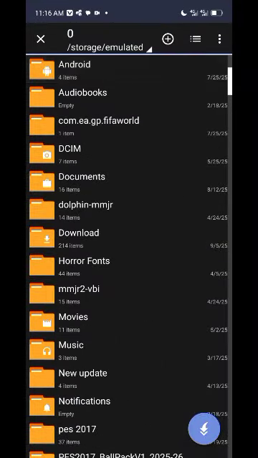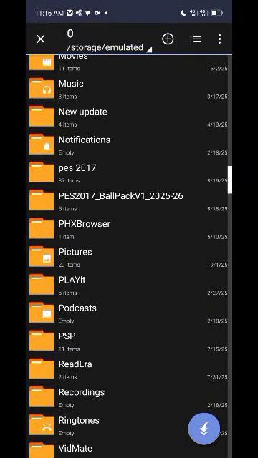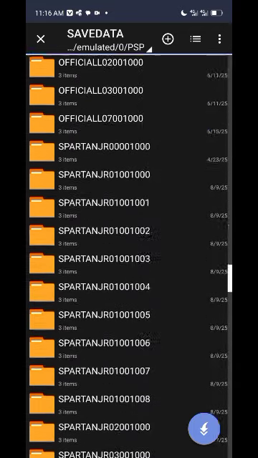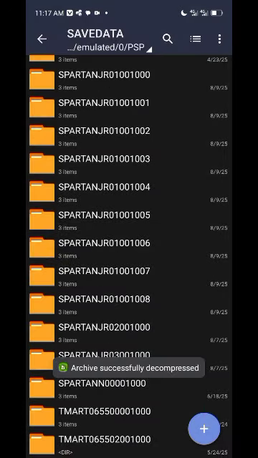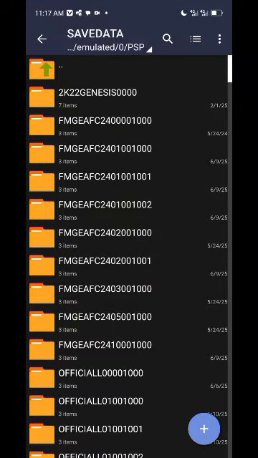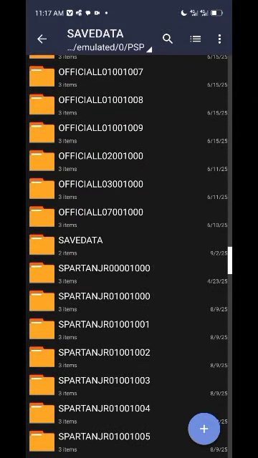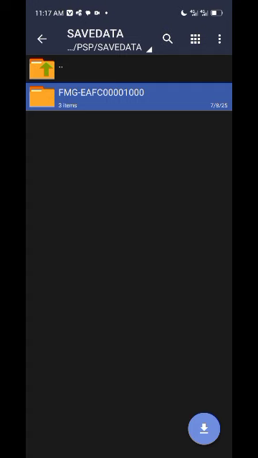go back, go to PSP again, and as you can see, there's save data here. This is where you need to paste that one. So I'm going to paste, and as you can see, it has been pasted. Oh, I copied the save data folder, not the file. So I need to bring out the file. So this is the file. I need to bring it out, and